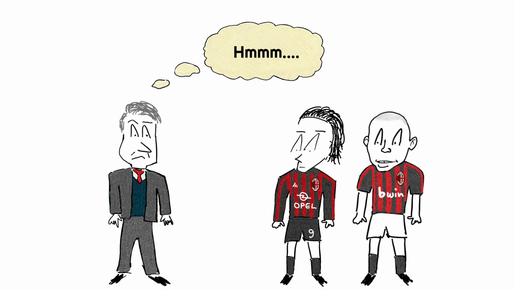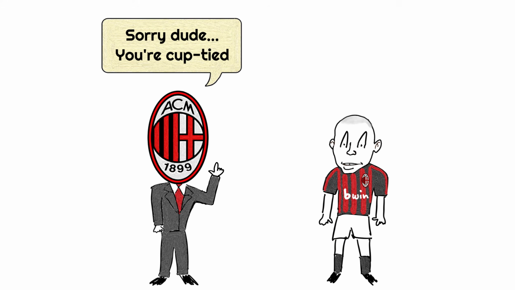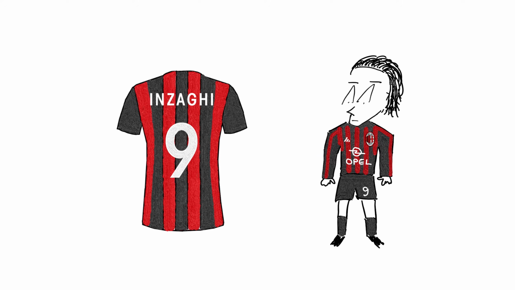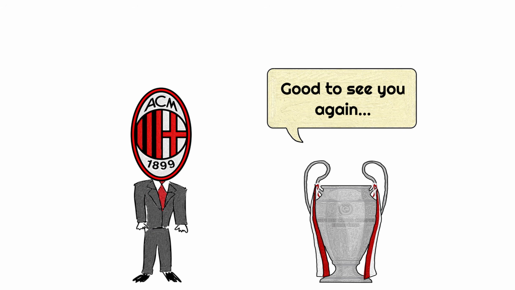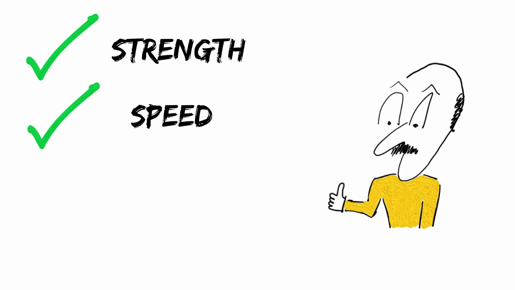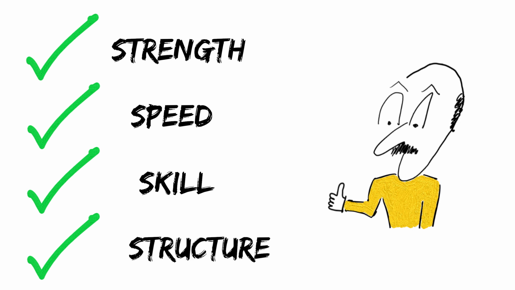Ancelotti had to choose between the eternally offside Pippo Inzaghi and Ronaldo, the original of course, who arrived in January from Real Madrid. More often than not, he went with Pippo Inzaghi, as Ronaldo was cup-tied for the Champions League. Honestly, he had the technique of a 10-year-old child, but boy was he effective. This was a man who whispered to the goal. This was the formation that was used to conquer Europe in 2007 after a very turbulent summer earlier. The team had strength, speed, skill, and structure, and used them to perfection in the Christmas tree formation.